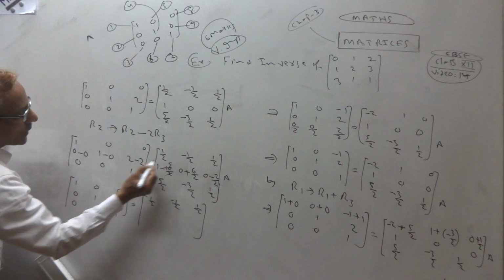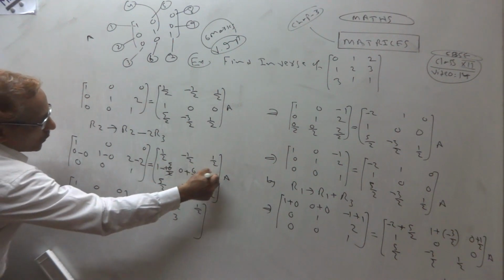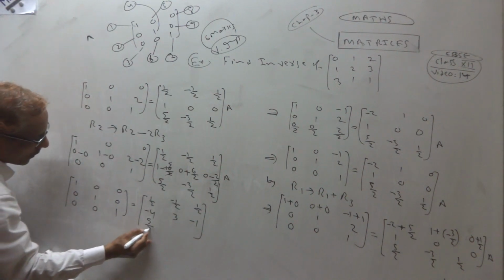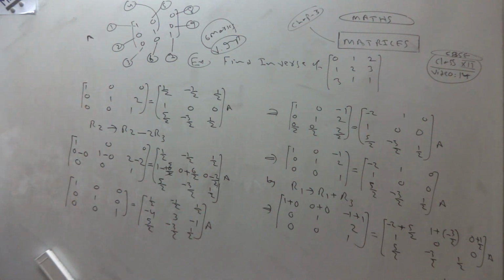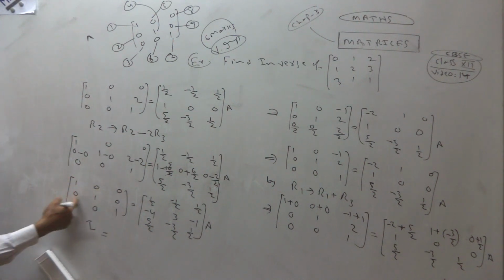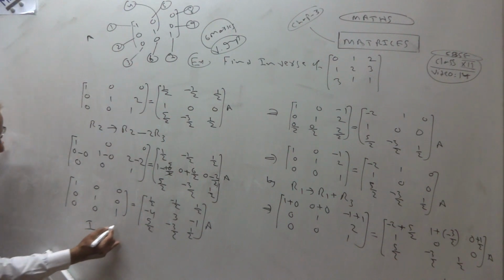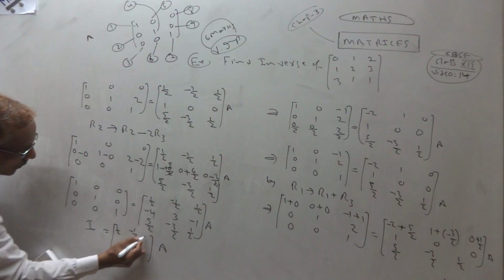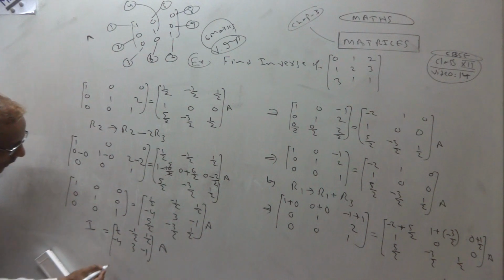This cut, 2 fives are, so 1 minus 5, minus 4. 2 threes are, so 3. 2 ones are, so 1. 5 by 2, minus 3 by 2, 1 by 2, A. Okay. So this becomes what? I. See, 1 0 0, 0 1 0, 0 0 1. This is I. So finally what do we get? I is equal to this: half, 1 by 2, half, minus 4, 3, minus 1, 5 by